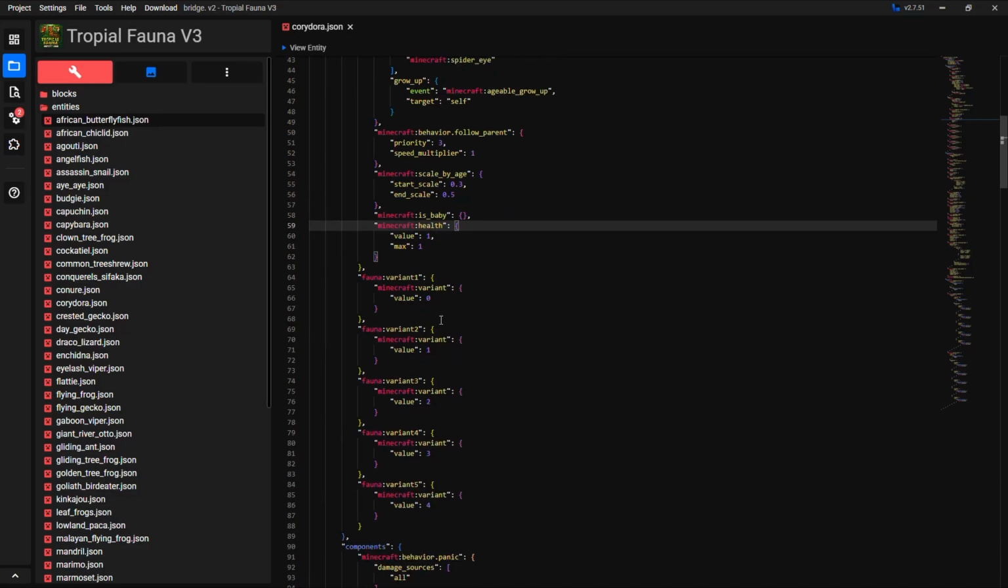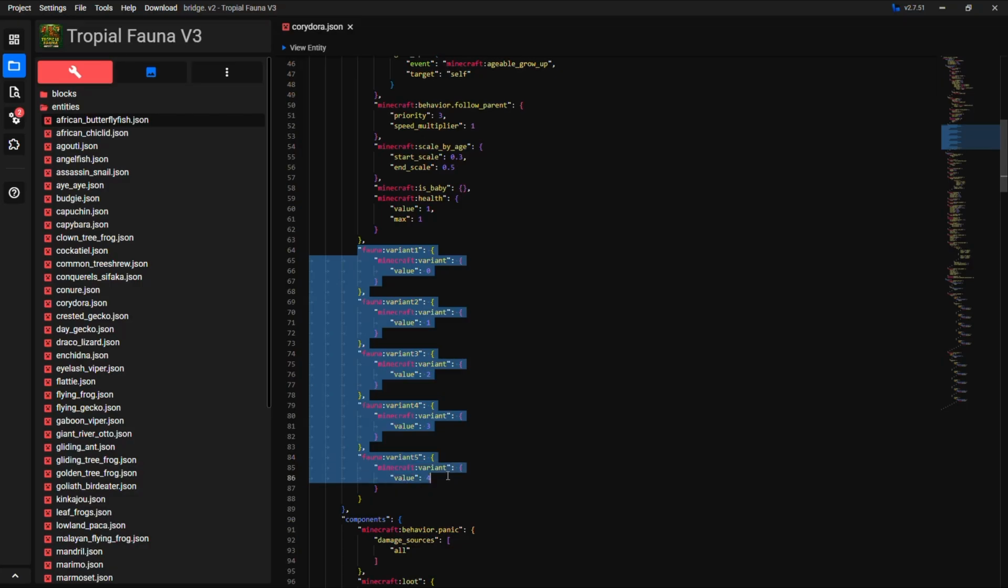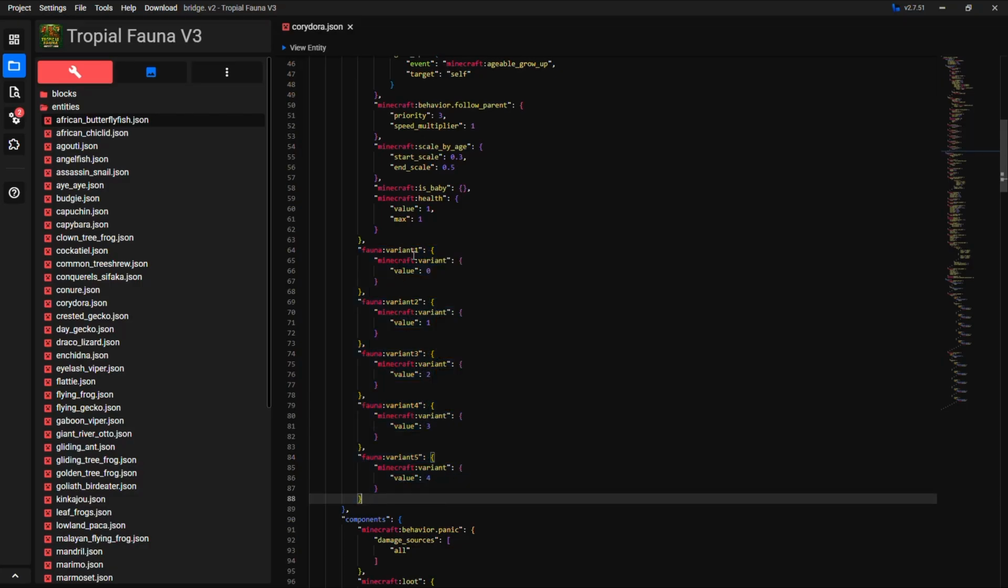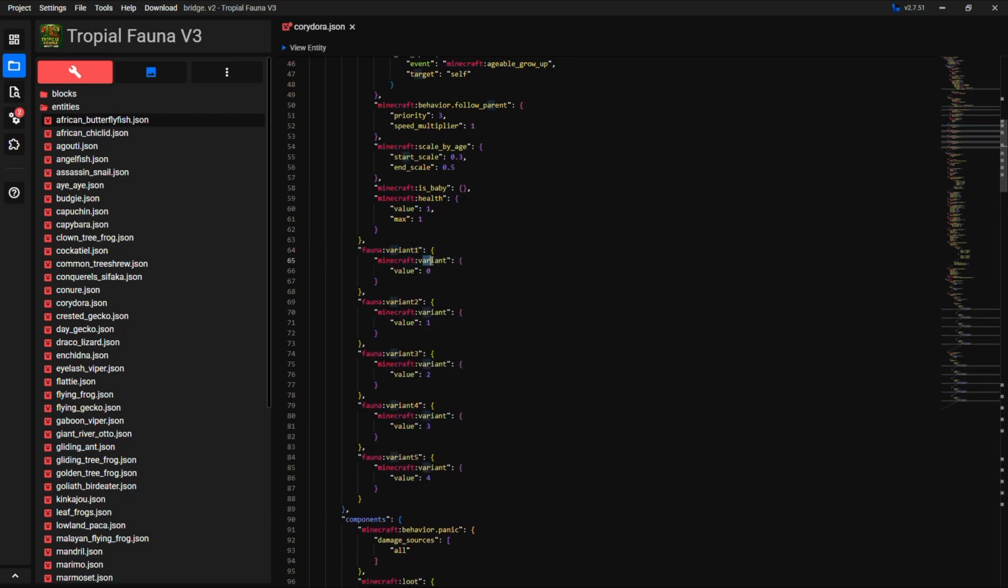Now, if you have variants like I do, and like we checked in the entity section, or the resource packs, I mean, you will want to add all these groups, depending on how many you got. So I'd say naming it variant and the number. Now you want to add the variant component in here, which